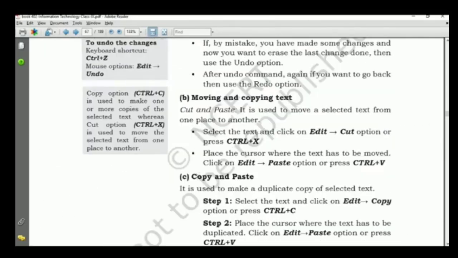Now come here in previous one. Moving and copying text. So cut and paste. It is used to move a selected text from one place to another. For this, select the text, click on edit cut option or press Ctrl+X. See here.